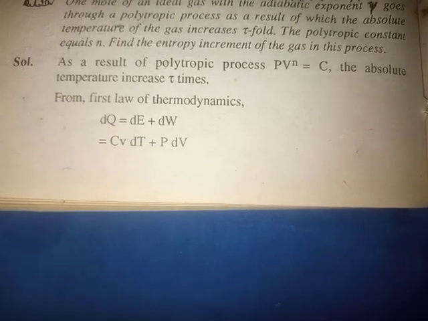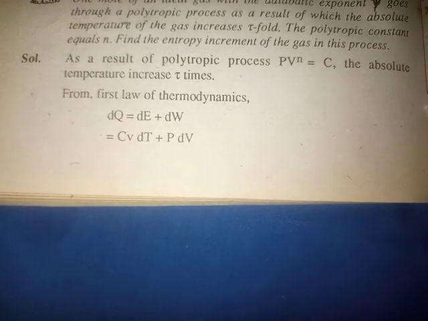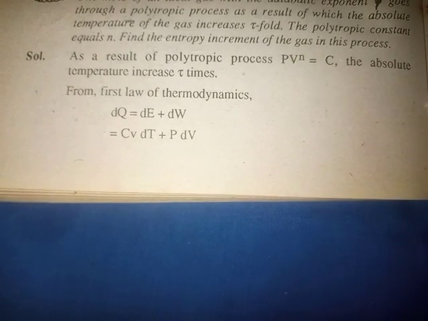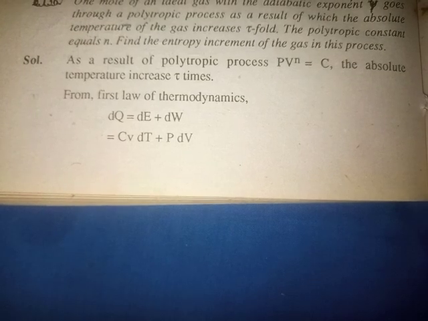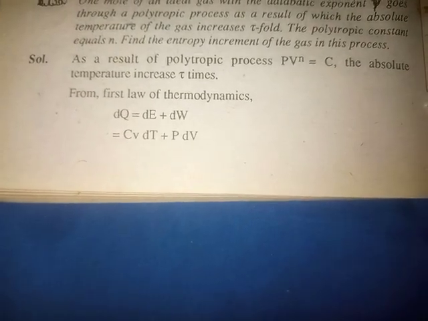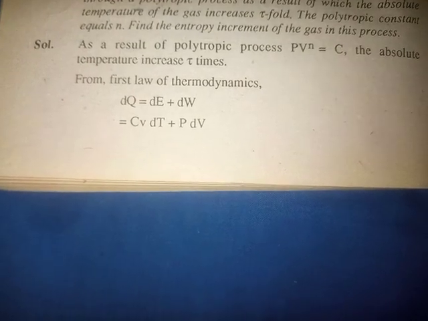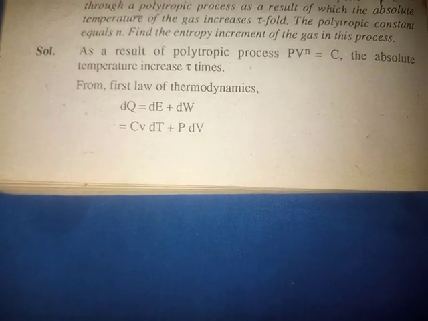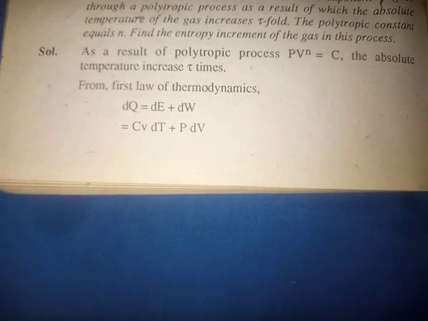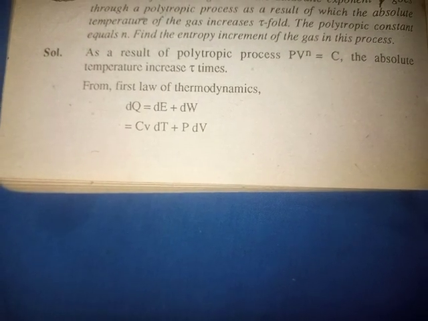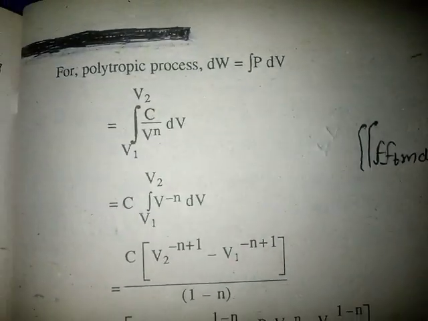As a result of the polytropic process, PV to the power n equals C. The absolute temperature increases tau times, where n is the polytropic constant. Now from the first law of thermodynamics, dQ equals dU plus dW, that is, Cv dT plus P dV for 1 mole of gas. For a polytropic process,